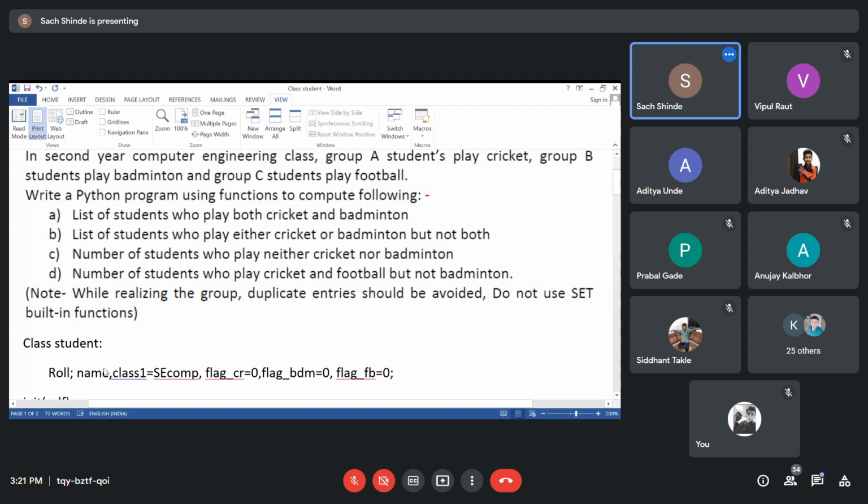Now, the list of students who are either playing cricket or badminton but not both. So it is a reverse query now. What is the reverse query? It simply means that he is going to play cricket and not badminton, or he is playing badminton but not both.